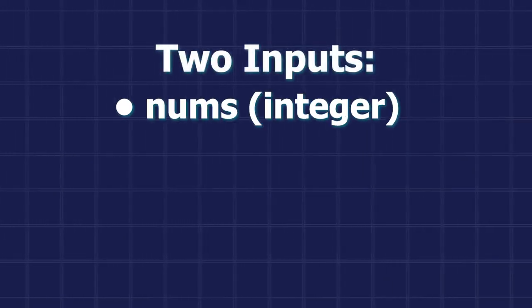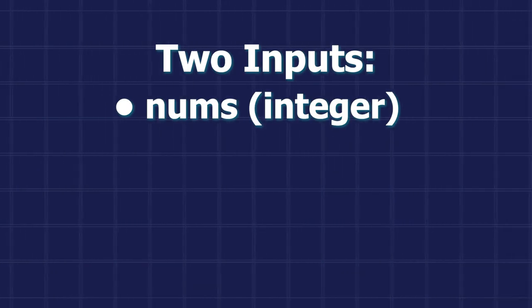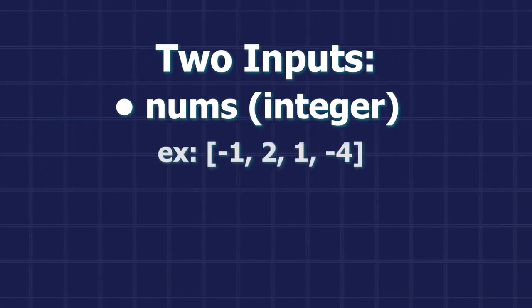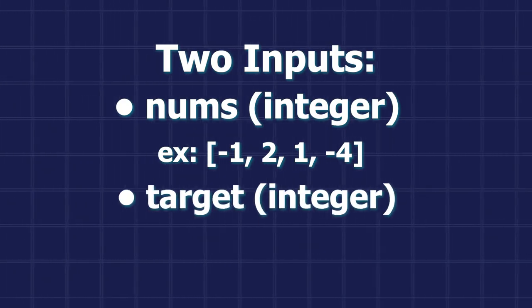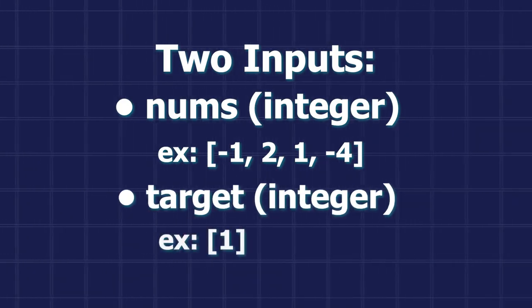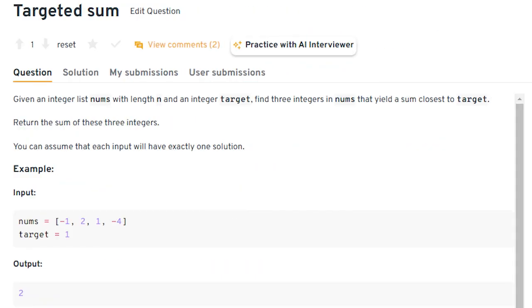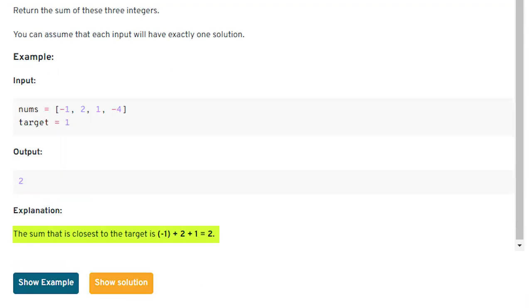So the problem is pretty straightforward. You have two inputs. One is nums, which is an integer array, so you have a bunch of integers given. And then you have another variable called target, which is also an integer. Now we want to find three integers from this list of integers where the sum is